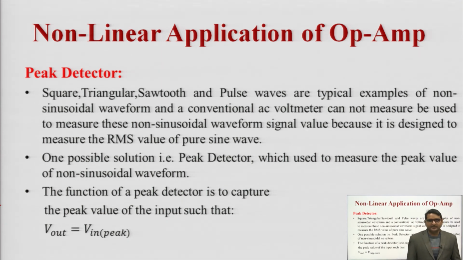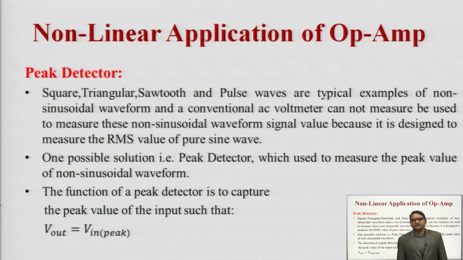Normally, non-sinusoidal signals such as square wave, triangular wave, sawtooth wave and pulse are typical examples of non-sinusoidal waveforms. A conventional AC voltmeter cannot be used to measure the value of a non-sinusoidal signal, because it is designed to measure the RMS value of a sinusoidal wave. One possible solution is the peak detector,